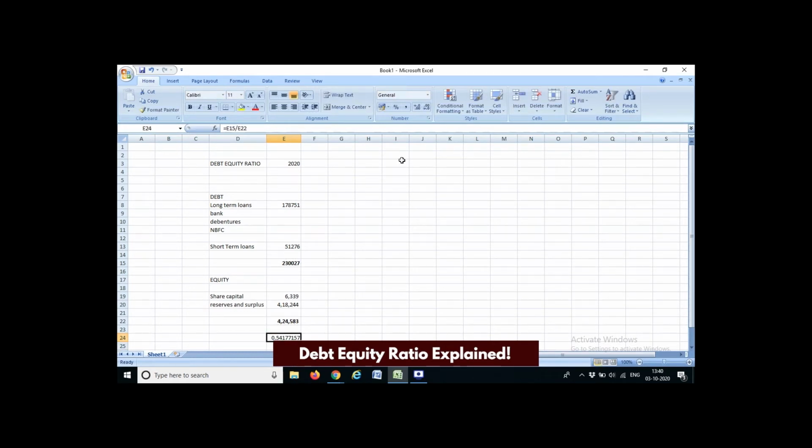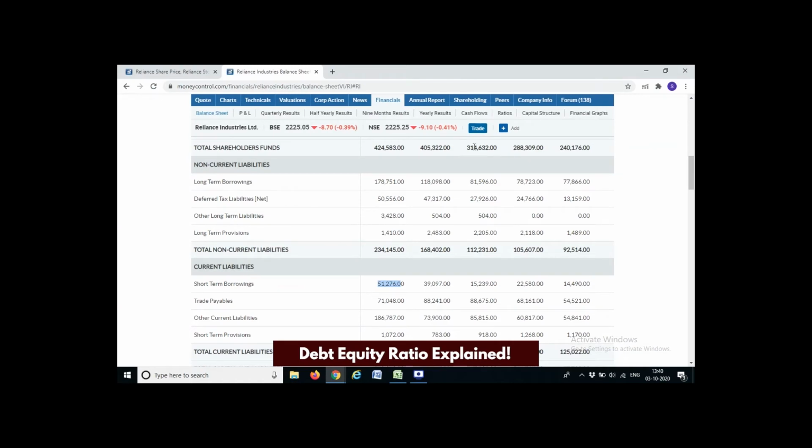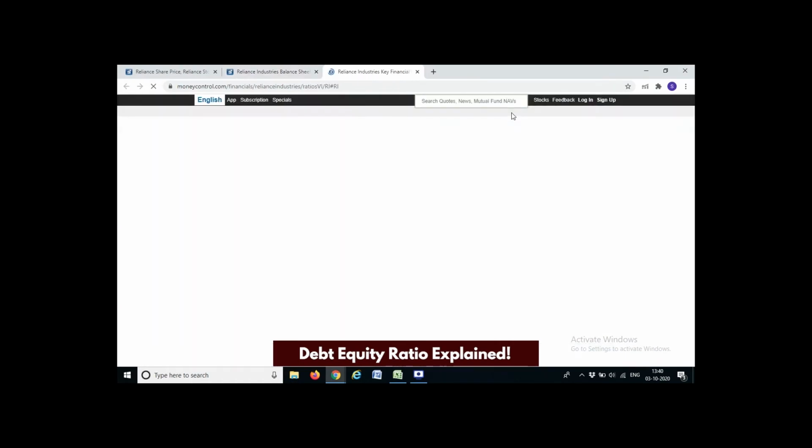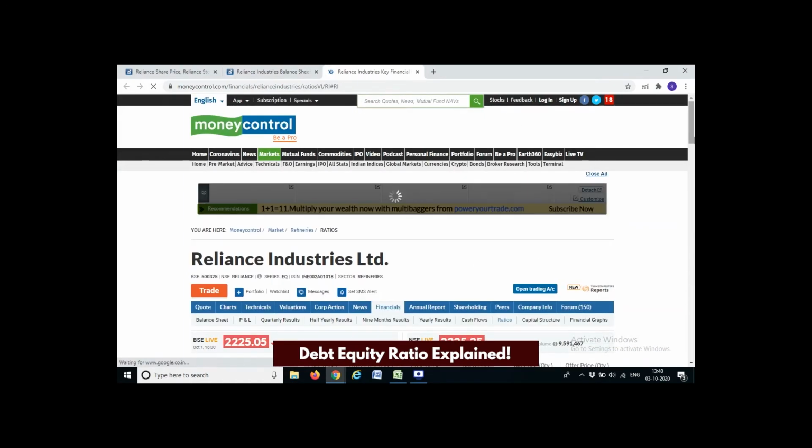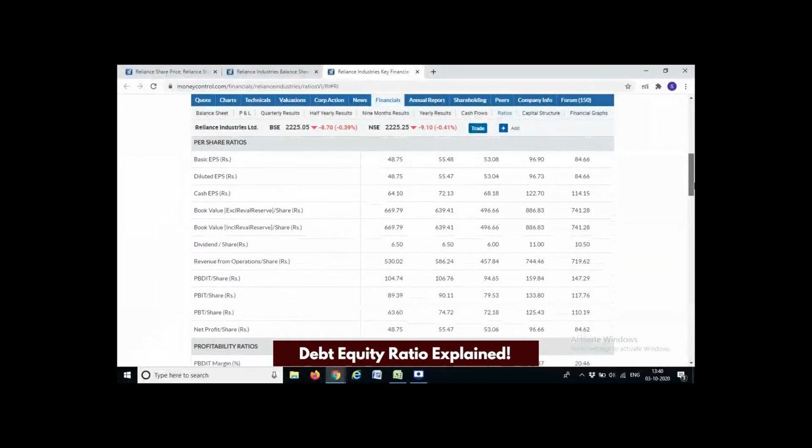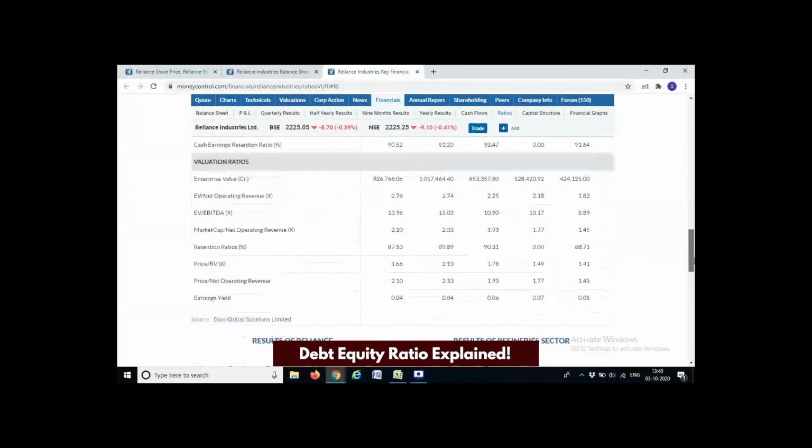So what does this come to? This comes to 0.54. Now, if you do not have so much time, you don't have to worry. Here again, the ratios are also reflected. So once you click on ratios and go to leverage ratios,